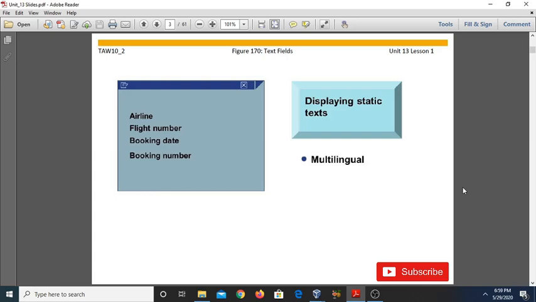Additionally, these text elements have icons, lines, and other static elements, and they also have multilingual capability. That means you can also change the language of a field as per the client or user requirements. So if you want to see practically how we can create this text field,